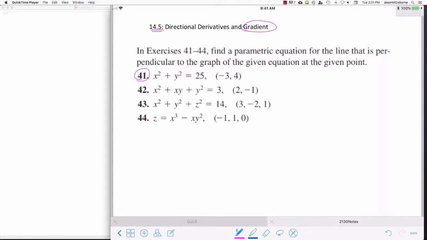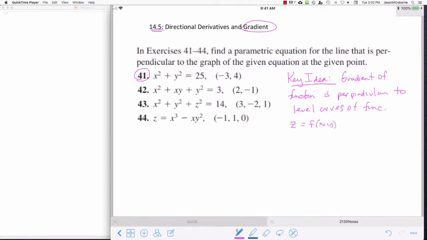But no matter how you interpret this problem, the key idea that we're using is that the gradient of some function is perpendicular to the level curves of that function. Okay, so what we're seeing here is a function z equals f of x, y